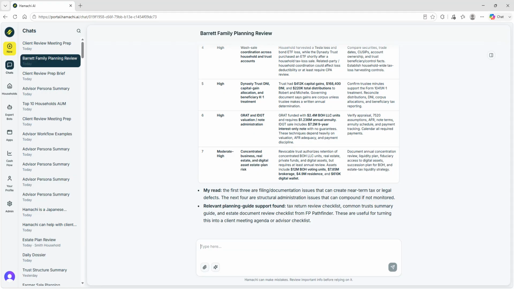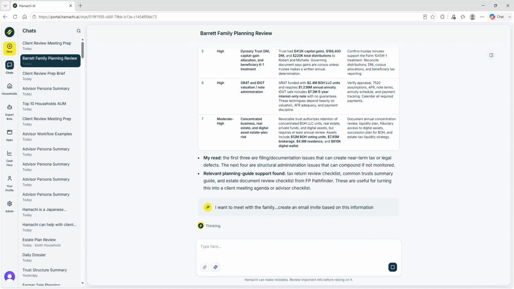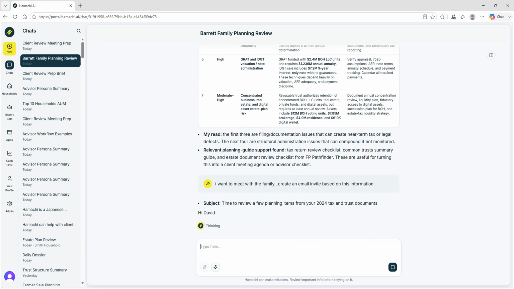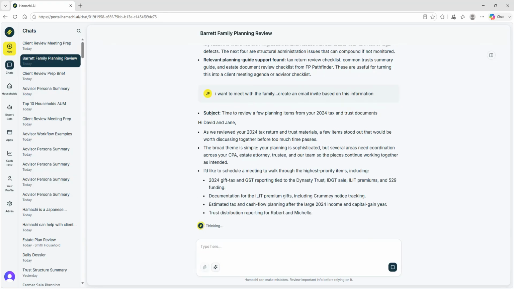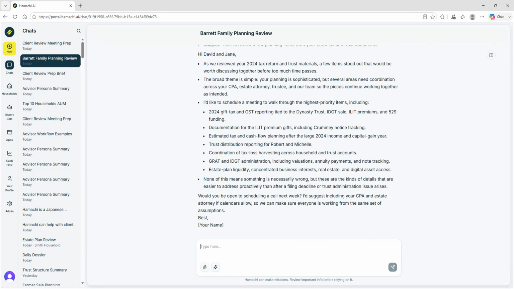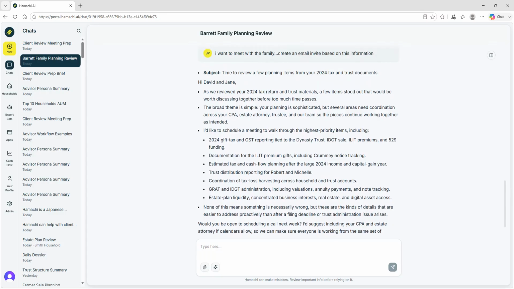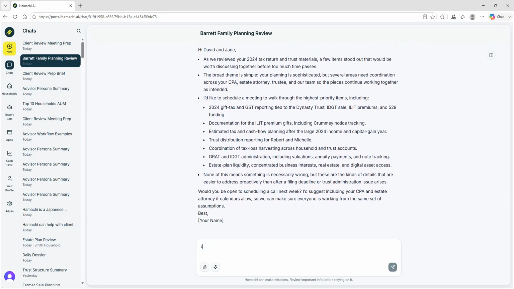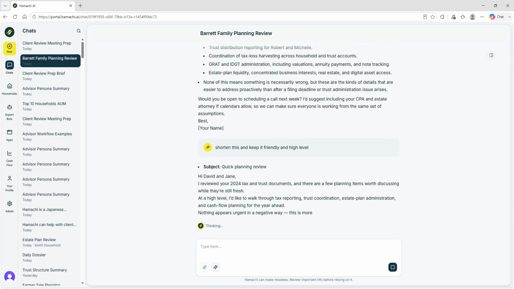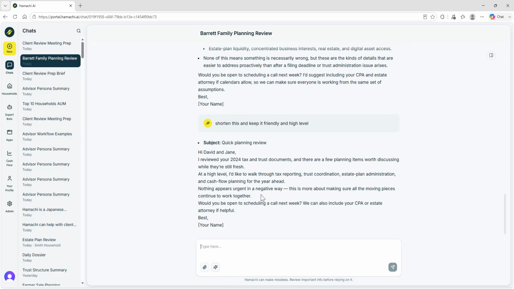I could then ask it and say, I want to meet with the family, create an email invite based on this information. And so now I'm giving Hamachi another task, help me write an email that I can copy, paste, and upload into my Outlook or to whatever tool I'm using. And you can see that it created this really nice one. I could even say shorten this and keep it friendly and high level. Again, that's just a preference for me, but showing you what we're doing, and Hamachi is able to quickly do